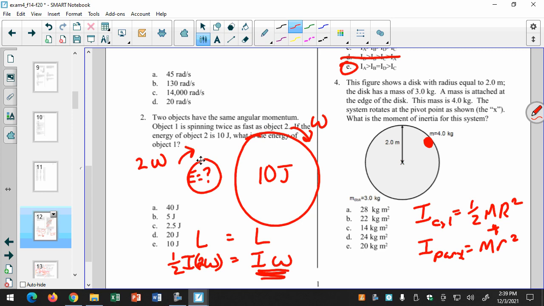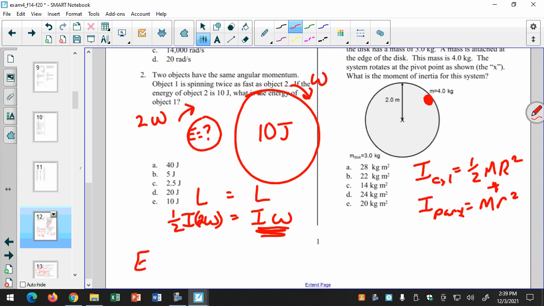Well, energy is equal to 1/2 I omega squared. Omega is twice, and I is half, so the energy of this one is twice the energy of this one. It has more energy, so it's going to be 20 joules,